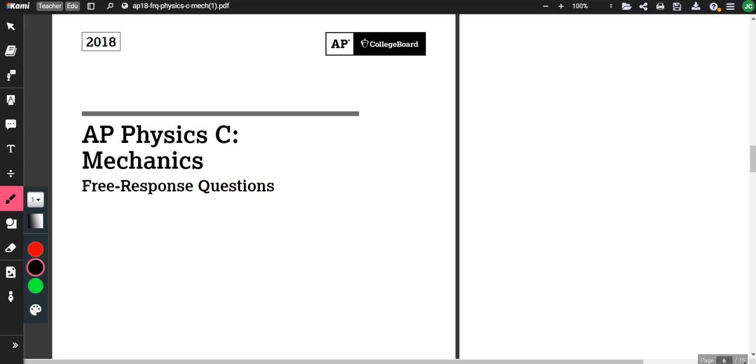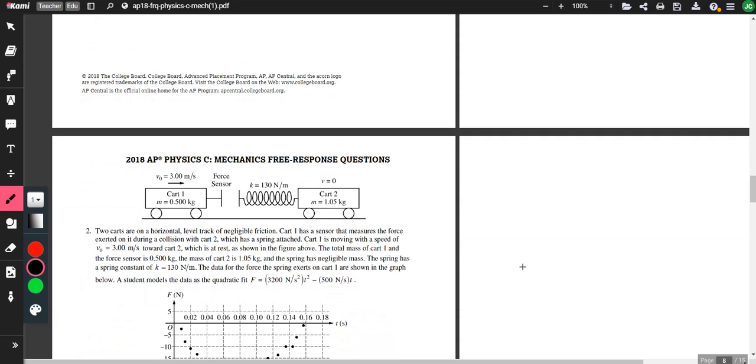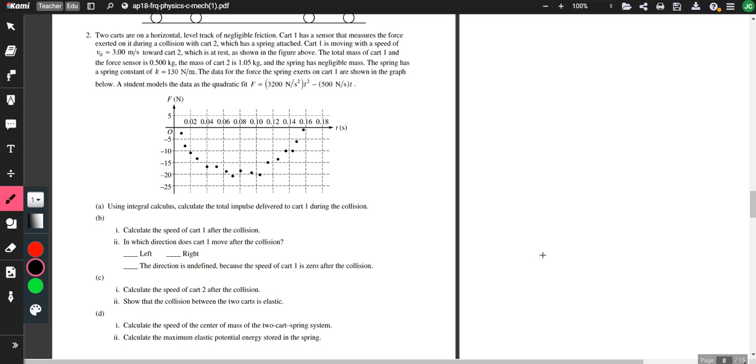Everyone, so I want to continue on with the 2018 AP Physics C Mechanics free response question. I'm going to go with number two, which, as you remember, should be the conservation question. So, conservation of energy and conservation of momentum are pretty much the things that we want to be thinking of. Now, right off the bat, we can already see that part A of this question is going to have us